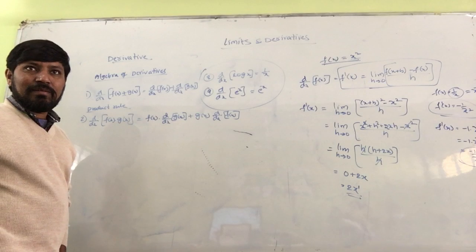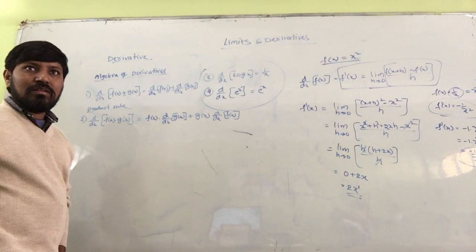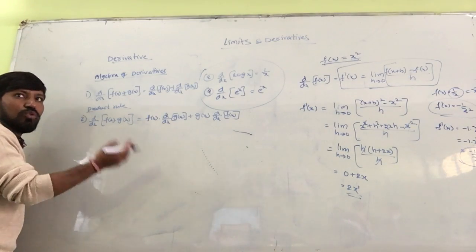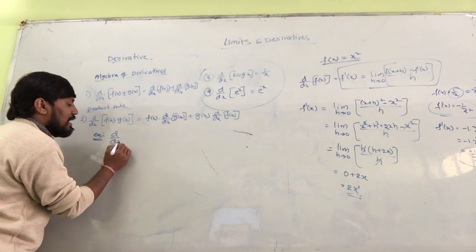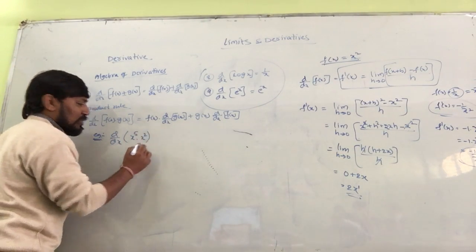सर अगर ऐसे d by dx का प्रोडक्ट पॉसिबल है तो शायद डिवाइडेड फॉर्म में पॉसिबल होगा. हाँ, that's what I mean. Next to division only. One example, let me give it to you here. Suppose d by dx of x to the power of 5 into x to the power of 2.